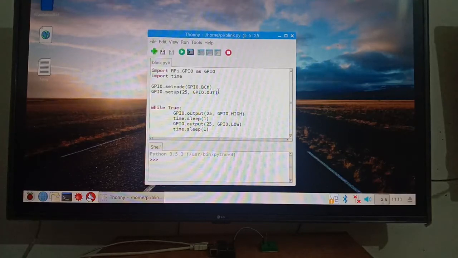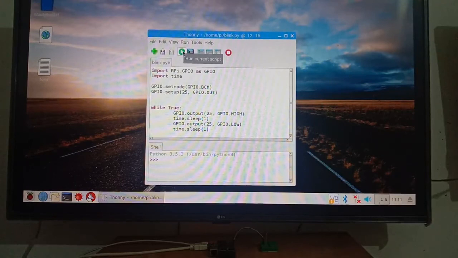Here we are setting up 25 as an output pin, direction out, and then while true means this is an infinite loop. This will keep on running, and in that loop we are putting pin number 25 high for 1 second, and low for 1 second, and then repeat the cycle. That means we are going into an infinite loop.